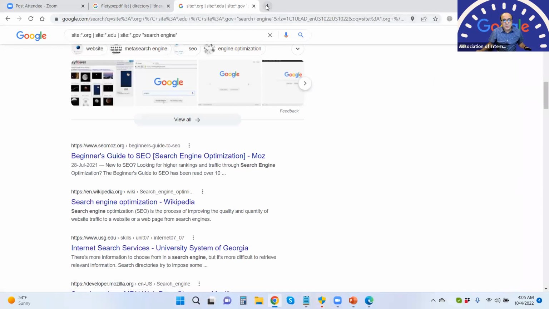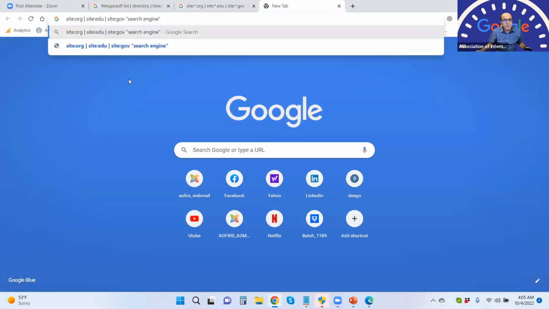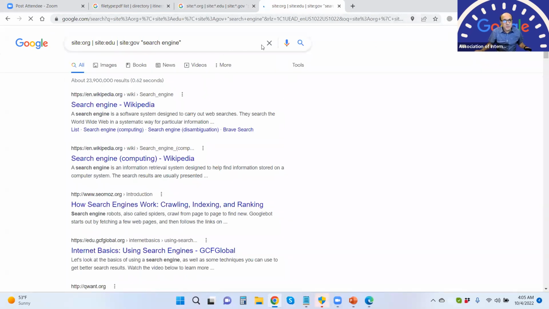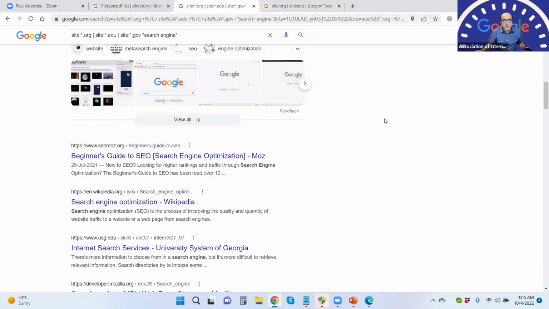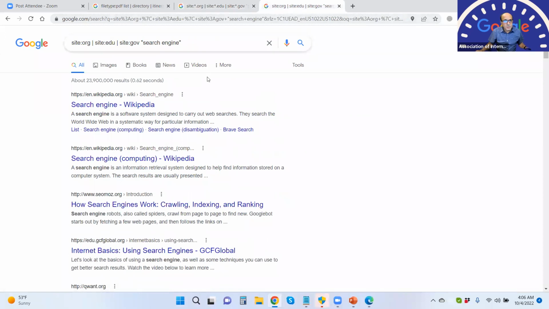And I use the word theory because I don't know the algorithms of Google, but all I can do is look at the results and try to imagine why the number of results might be slightly different. So here I have 21,500,000. In this one,